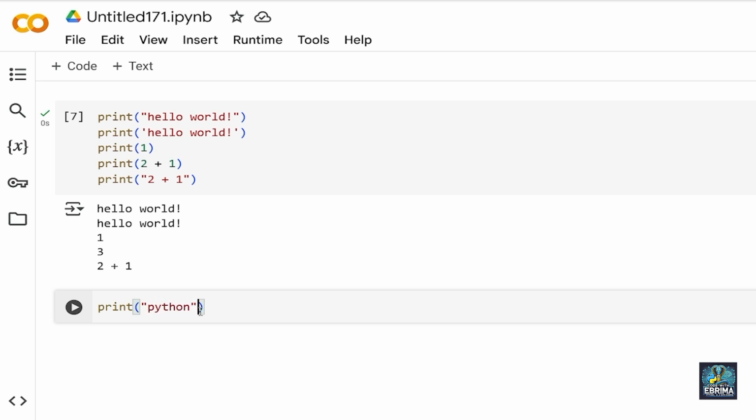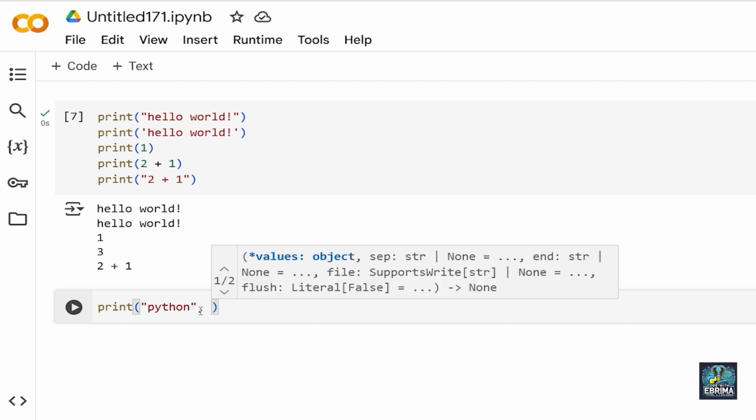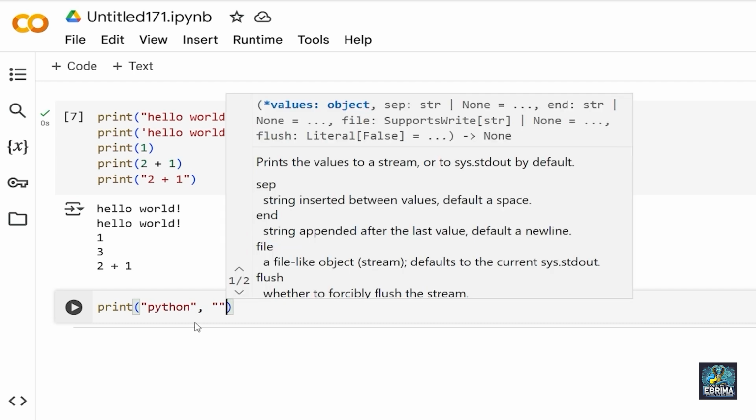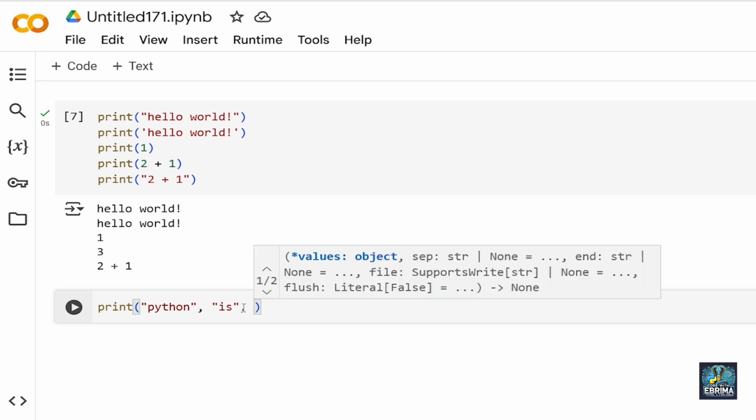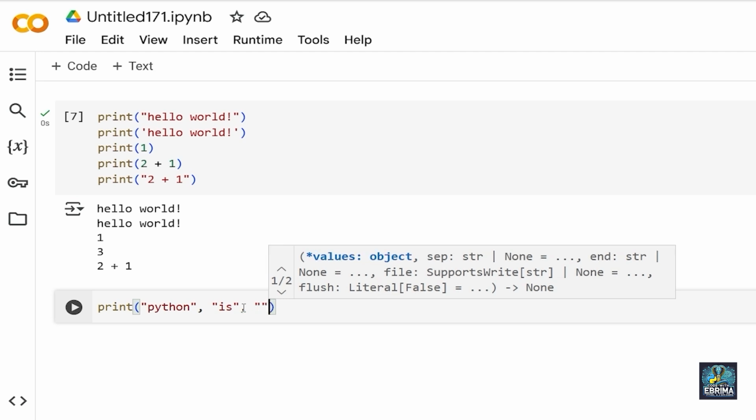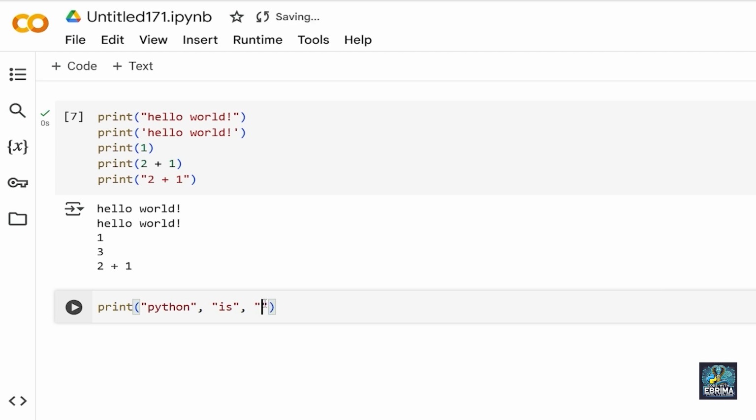Remember, they are separated by a comma, so put it there. And again our quote, let's say Python is, for instance, amazing or Python is cool. You can put cool if you want, you can put amazing, that's up to you. Now let's load it, and you can see Python is cool.